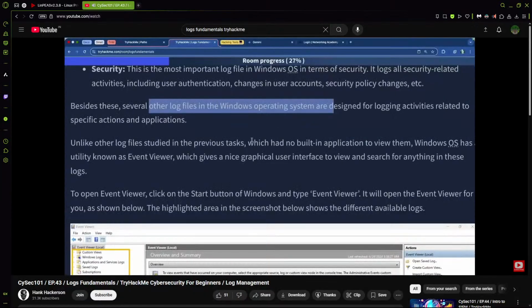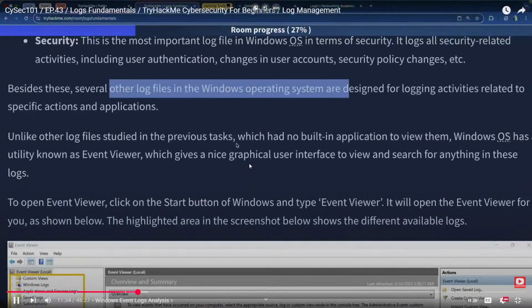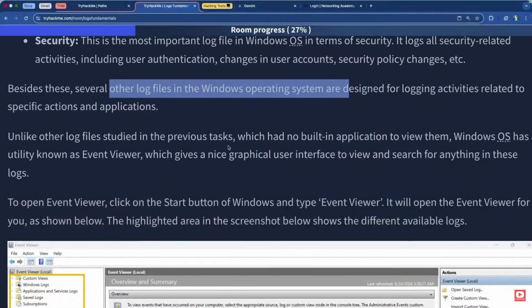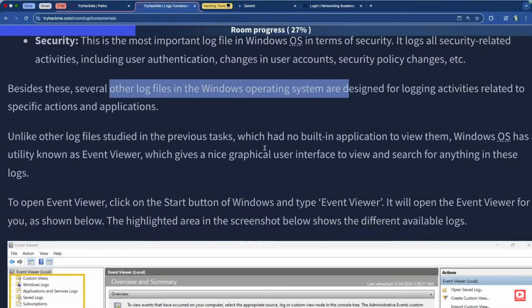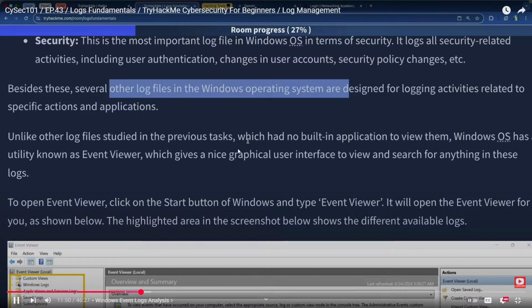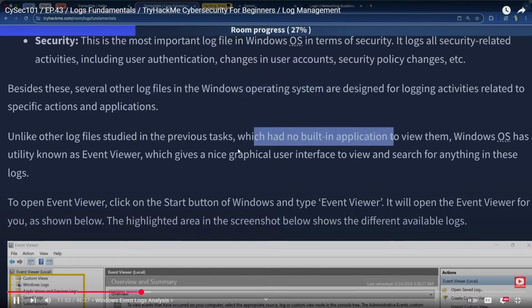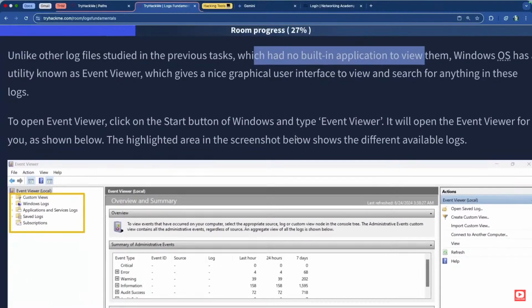Now, most of these things are actually handled inside something called the Event Viewer, right? So obviously we have other log files as well. So I'm not going to assume that that's the only type. Just always keep in mind that there are other log types unless you're looking at a full list of logs, which is very, very hard to narrow down because it depends on the operating system and the application, etc. So most of the other logs that we looked at in the previous section had no built-in application to view them. Windows, however,